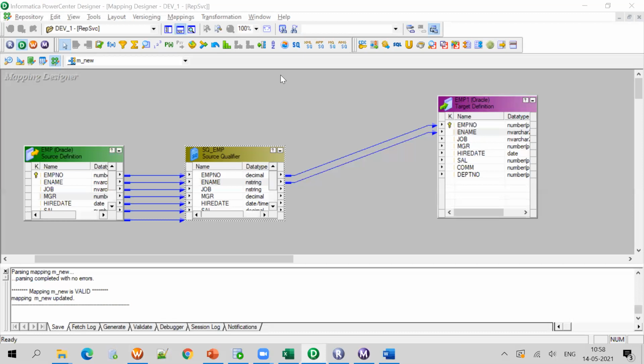Raj, will you help us to install the tool? I will help you, I'll give a separate call to you. Whoever has not installed, I forgot to ask: has anybody installed Informatica till now?